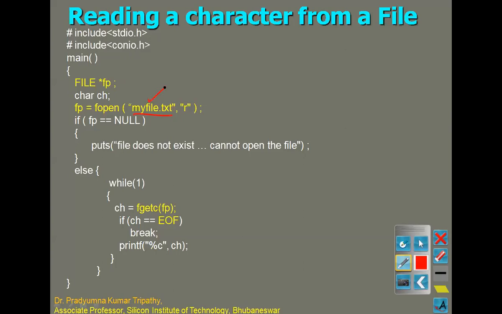So the file is opened in read mode. If I write fp equals to NULL, that means if the file failed to exist, I can give this command and come out by writing exit(0) from here. Okay, if the file is opened, if fp is not equal to NULL, what do I want? I want to input some characters and write them into the file. So while(1), what does while(1) mean? While(1) says, if there is one over here,